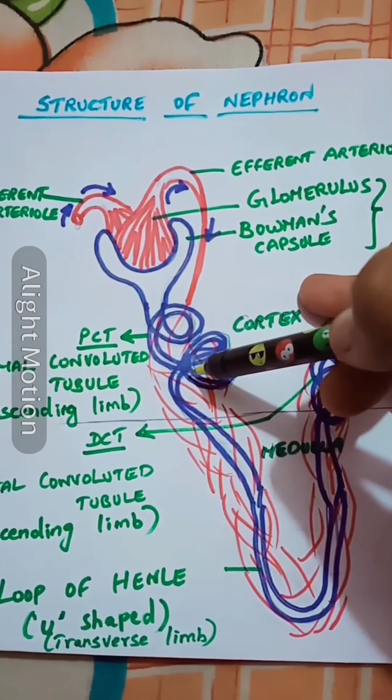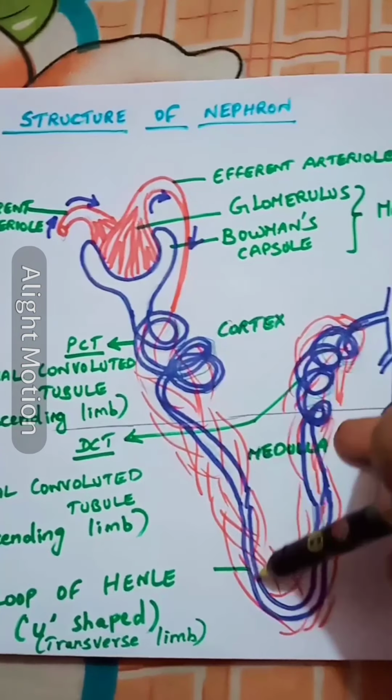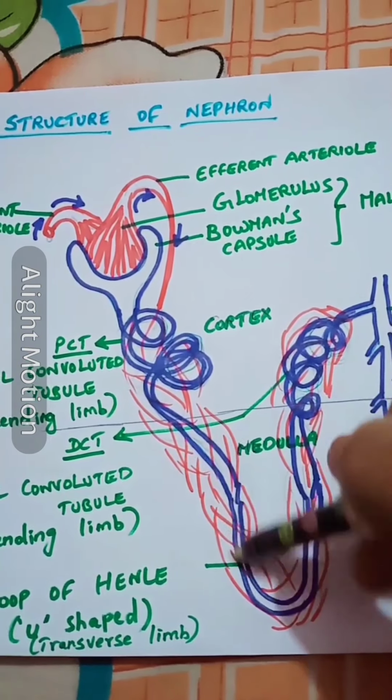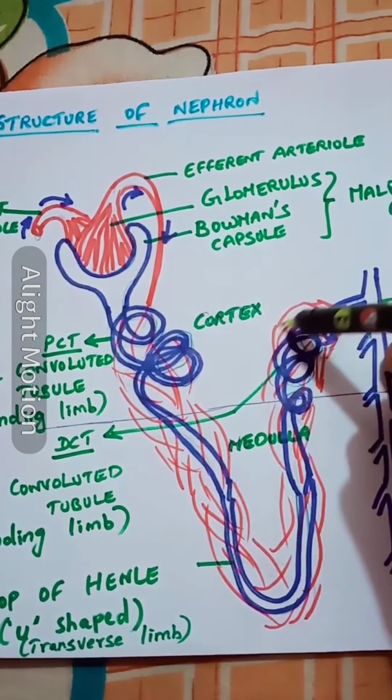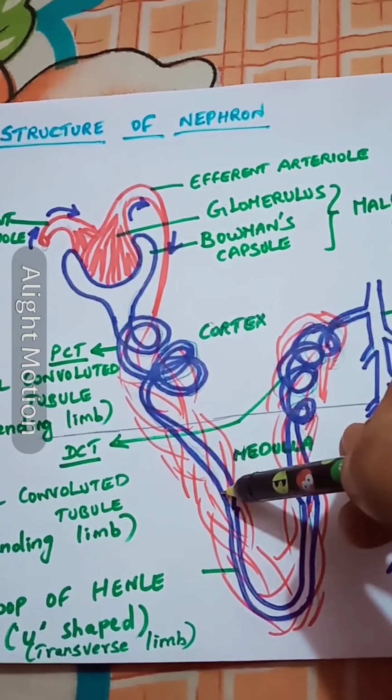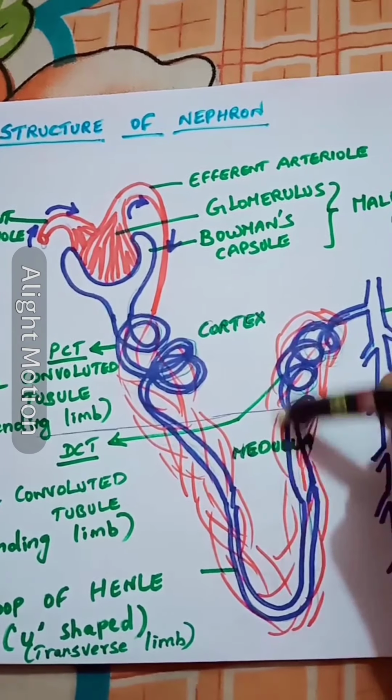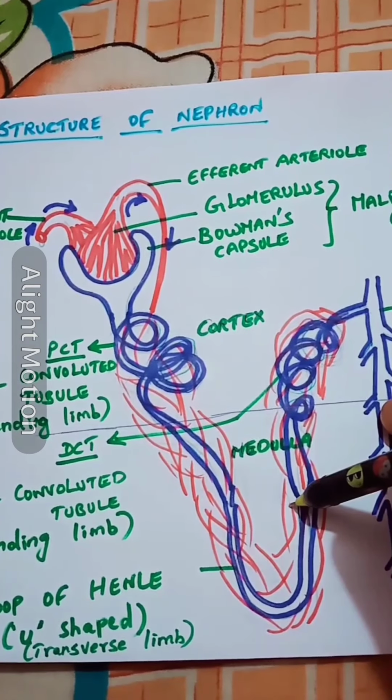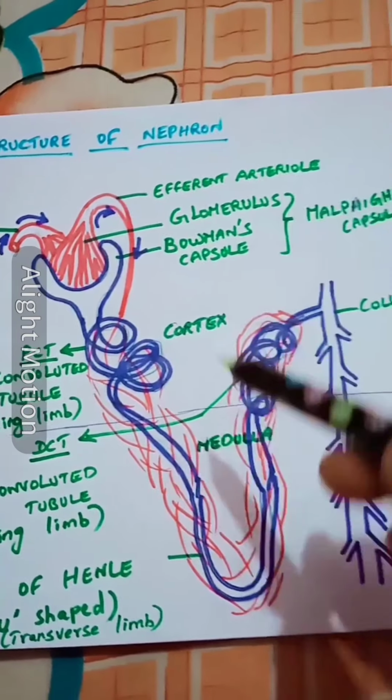So this is the structure, and as I said, the filtrate consists of some amount of useful material like amino acids and water, which is needed, that can be reabsorbed. You can see these red colored portions covered by the blood capillaries, which collect it back and then take it to the body. So that is what the process is called reabsorption.